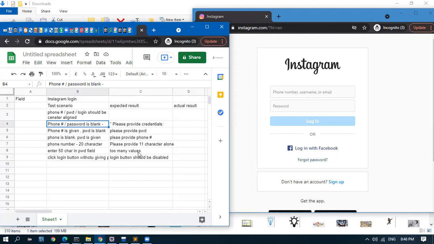Rajesh, I'm confused here. I'm sorry, I'm confused here. Given the test scenario, the phone number, password, so these are the test scenarios. Like phone, see, this is provided by the